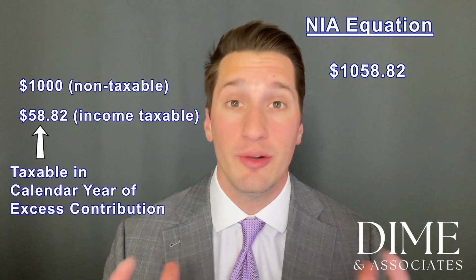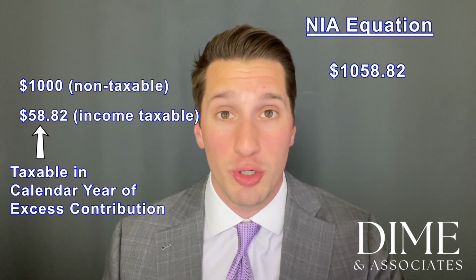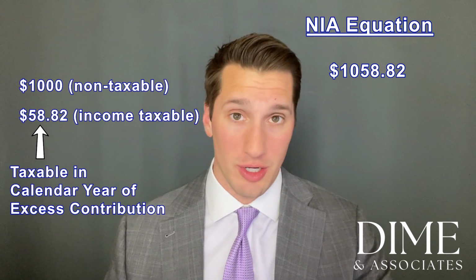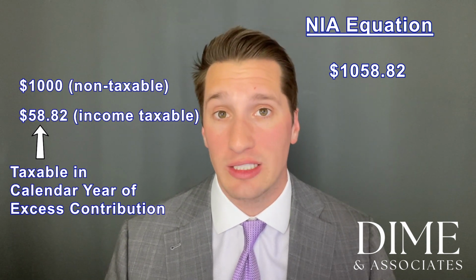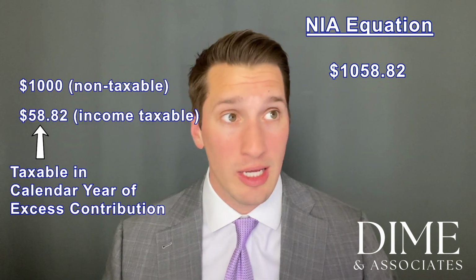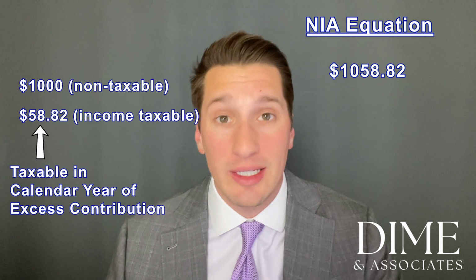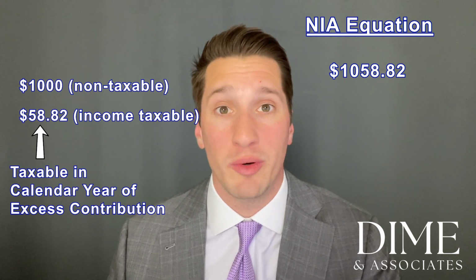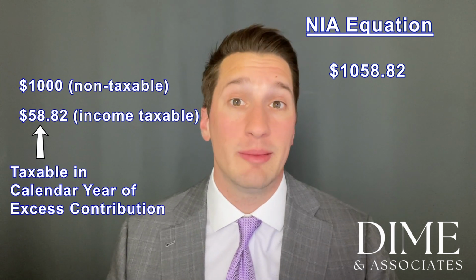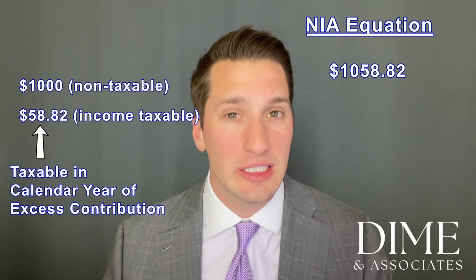So in whichever calendar year the excess contribution was first made, that is the year the net income attributable will be taxable in. Even if you're correcting this mistake in 2026 for the tax year of 2025, the excess contribution in this example was made in 2025, therefore the net income attributable being withdrawn is taxable for the tax year